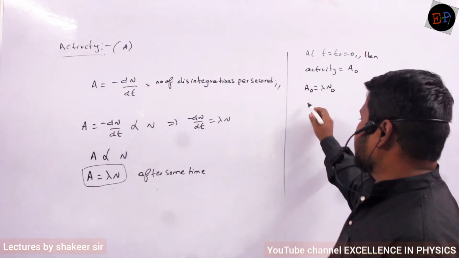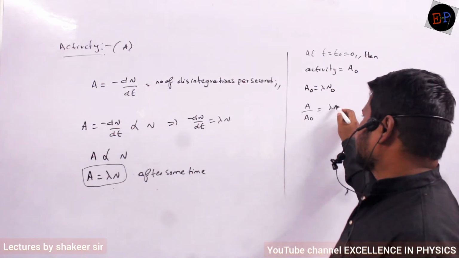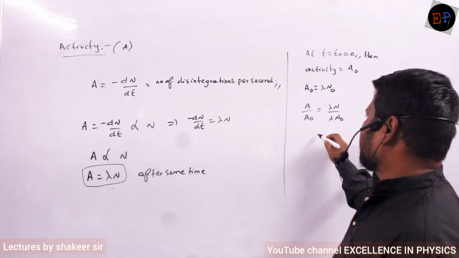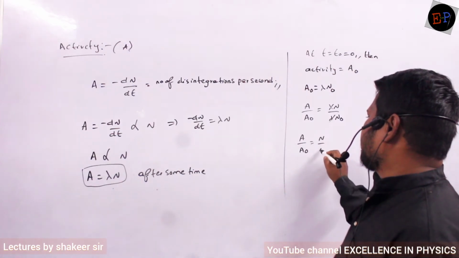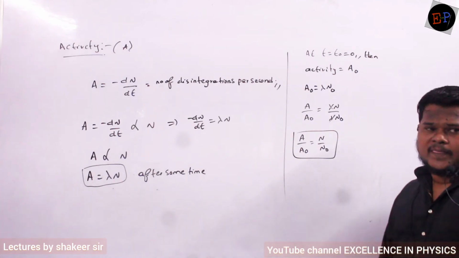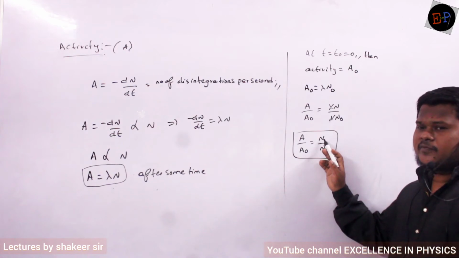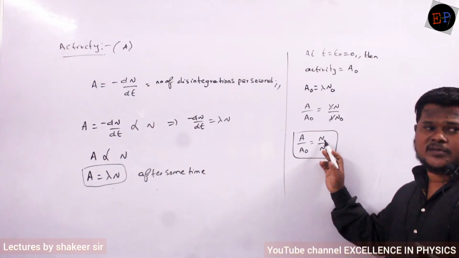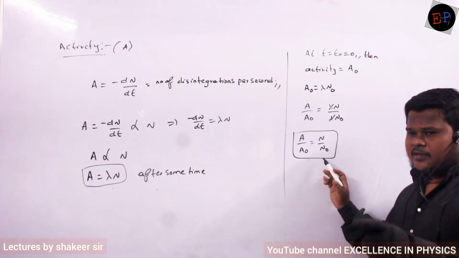So therefore if you divide both of them, I can write A divided by A naught is equal to lambda n divided by lambda n naught. So lambda gets cancelled. So A divided by A naught is equal to n divided by n naught. So this is one important equation. A means activity, A naught means initial activity, n means number of atoms ready for disintegration after some time,